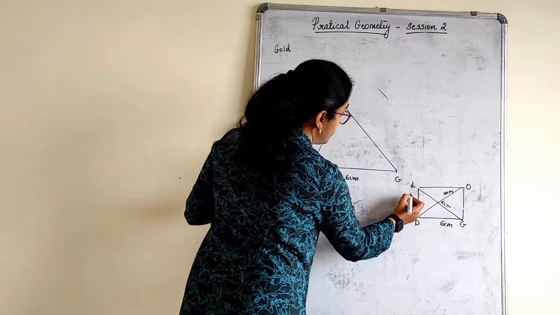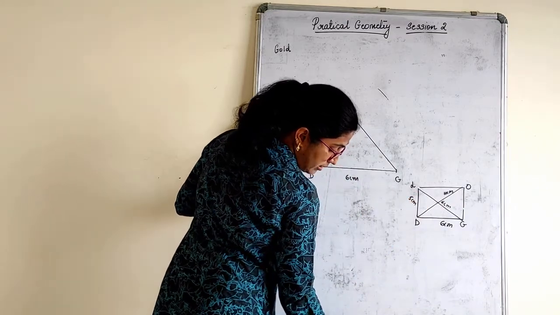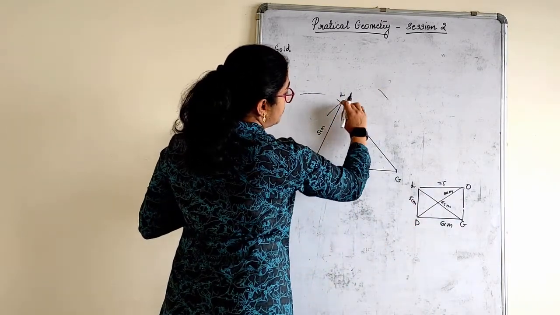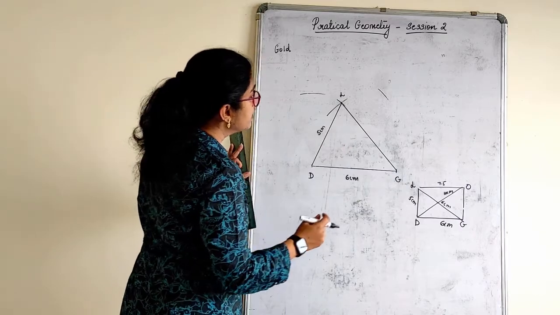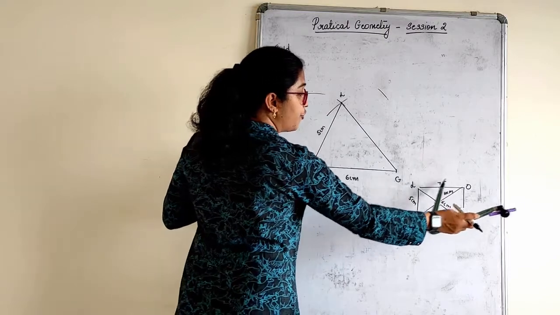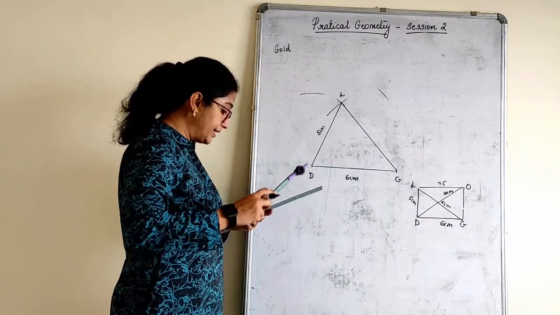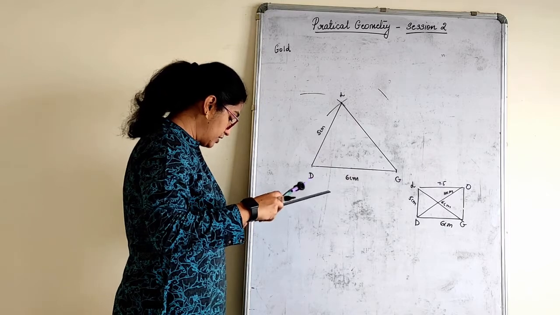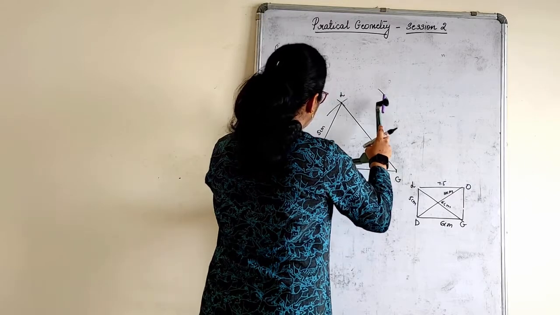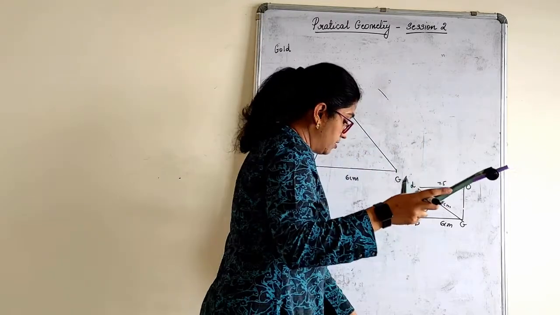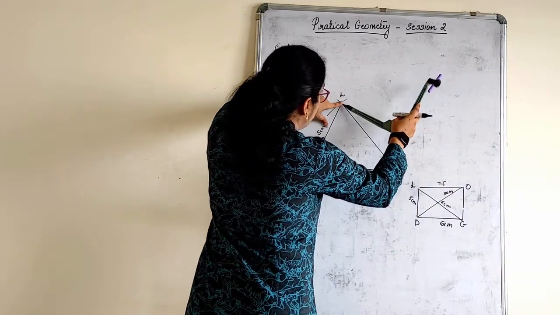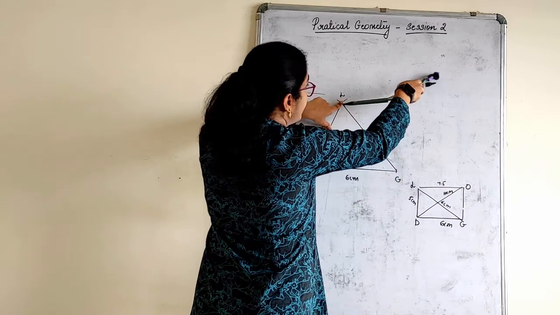LD was how much? 5 centimeter. I think OL is 7.5. Okay. This is done. We have already marked this for 7.5 from here. No, we have not marked. This was the arc we had marked. Now, cut the arc for OL as 7.5. Let me cut an arc for 7.5. From here, I have to mark that. I'll redraw this arc once again. From here I have to mark that for 7.5. It comes here.